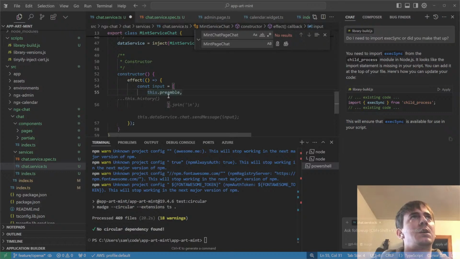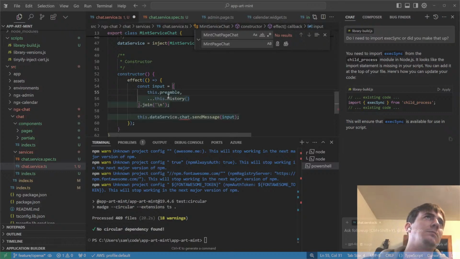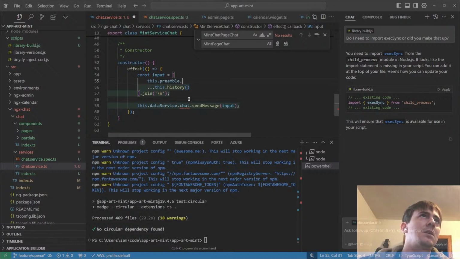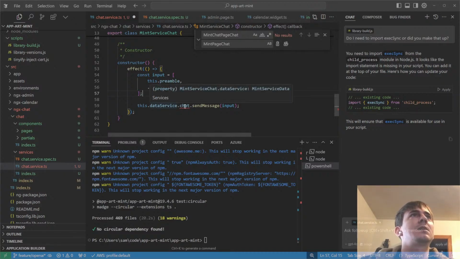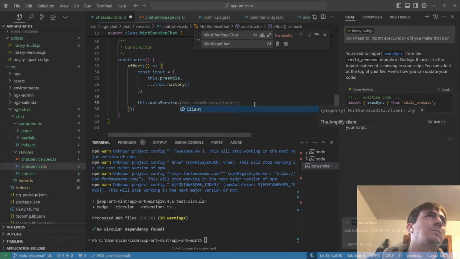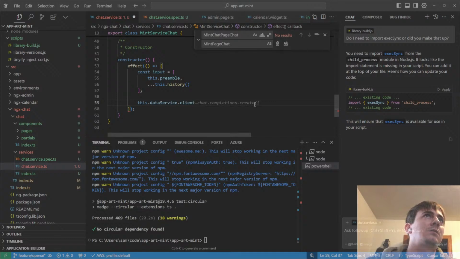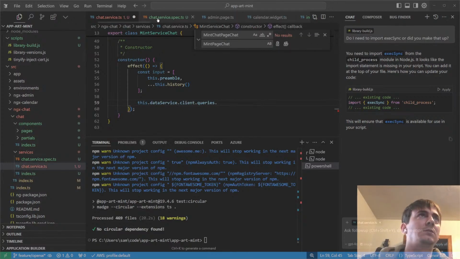It's going to start with this dot preamble, and then we're going to expand this dot history. Not going to join it. We want to make it an array. This dot data service dot client dot queries dot